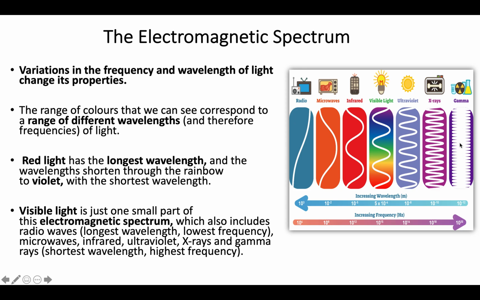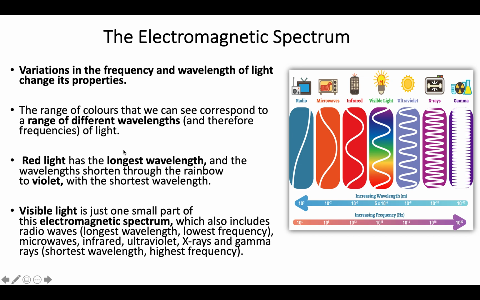These ones are producing gamma rays and X-rays. That is why we use them in medicine. They are also very dangerous to our health in the sense that we need protection because of the amount of energy they produce. So we're not going into that right now. We're just looking at the different wavelengths of these different waves in the spectrum. Now, the range of colors that we can see corresponds to a range of different